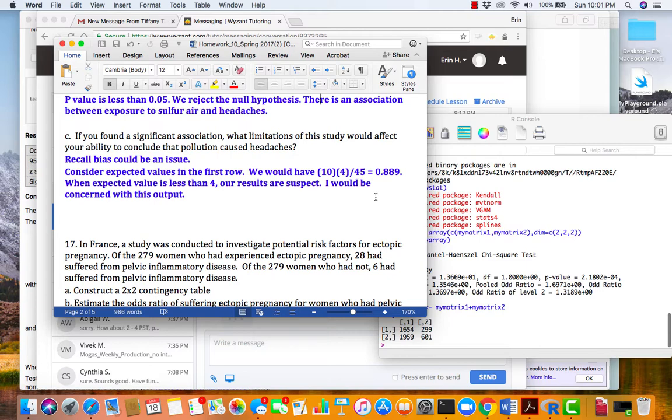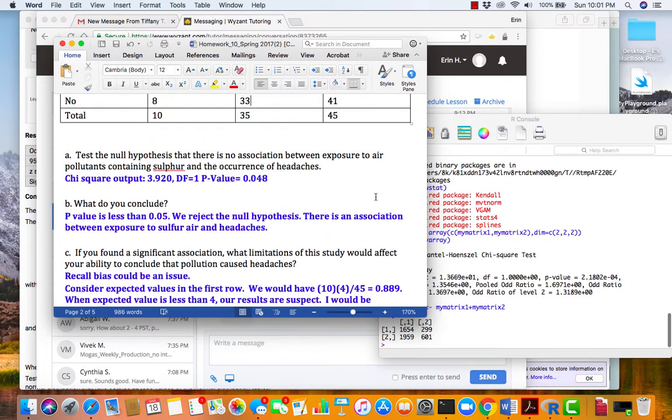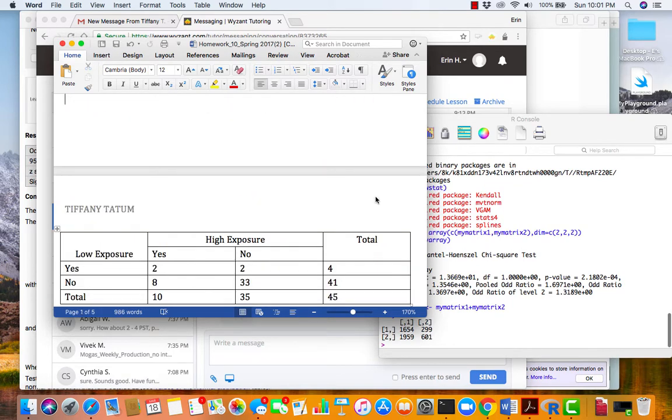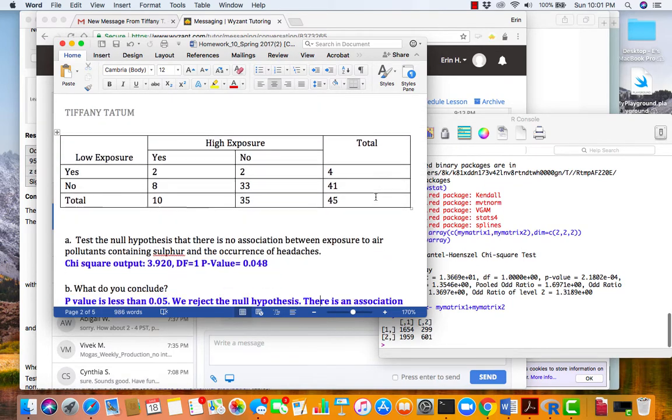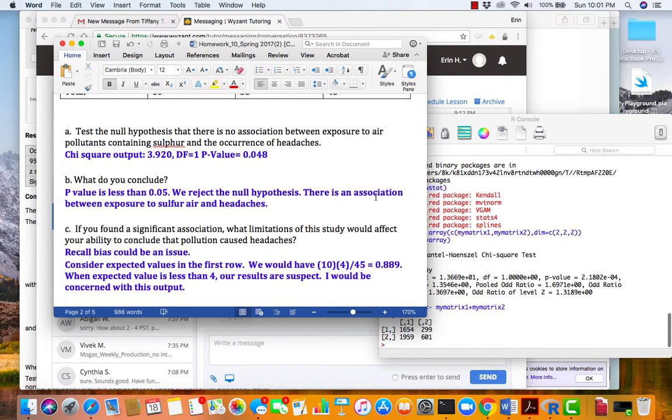So let's take a look at problem 16. And it looks like you have things pretty well in order. The big problem that I saw, when I looked at part C,